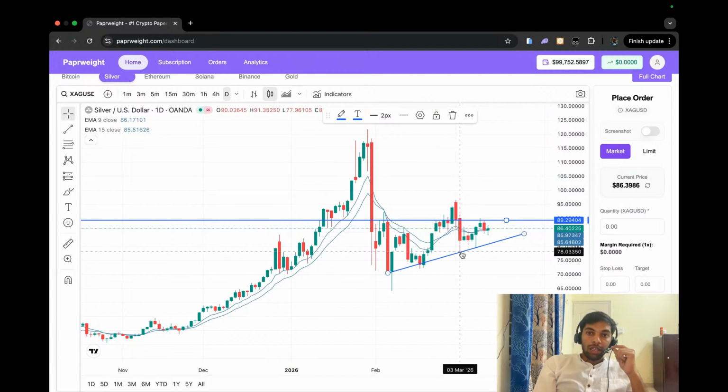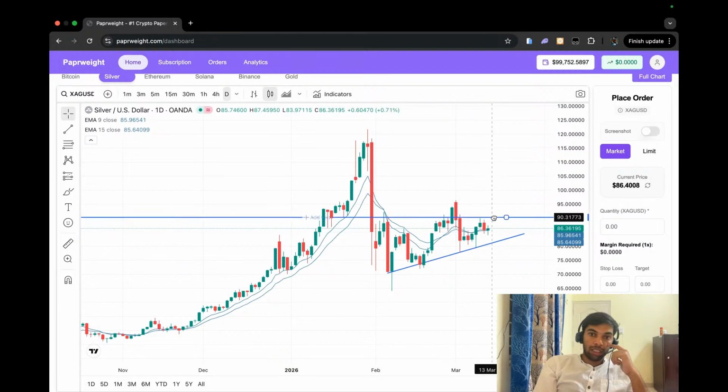zone. Then after this rejection, market went in slow buying, because this is the real pressure. This is the pressure from the selling side, because there are sellers present, but at the same time market is fighting from the buyers as well. So buyers are fighting the sellers as well, and this creates this slow buying and dozy candle formations, something like that. And again, for the past 2 days, market has reached this area where the sellers are active, where the big sellers are active.